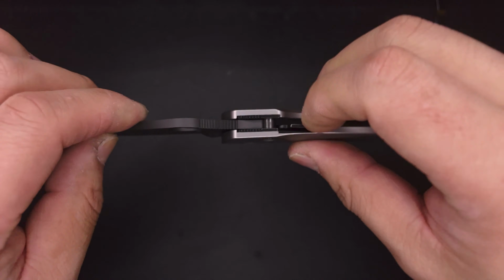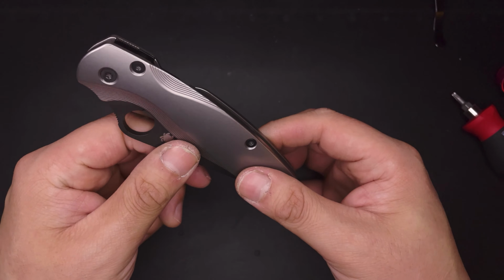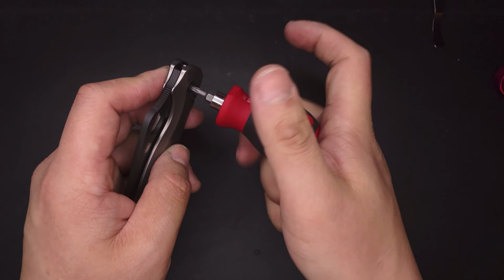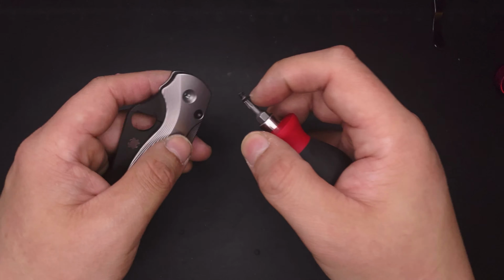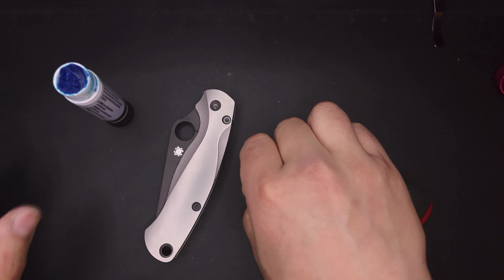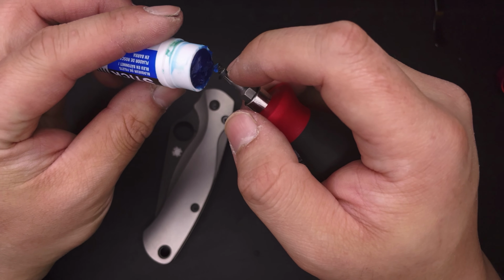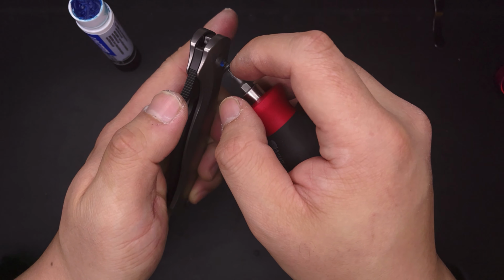But with the standoffs being this sensitive, I really want to put some Loctite on them. Now, you don't have to do that, especially when these screws are screwed down, but it'll make things much easier for you if you do use the Loctite. And I've heard stories of people actually losing some of their screws before. Like I read a post the other day in one of the Facebook groups that I'm in of a guy who was looking for a pivot screw because he bought one of these used, and apparently the pivot screw